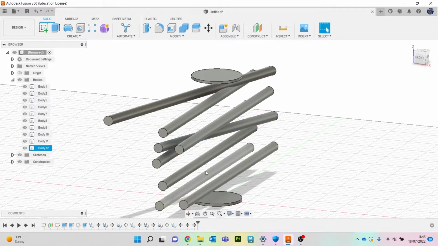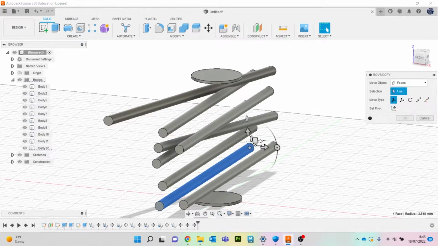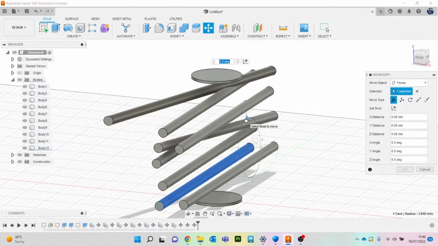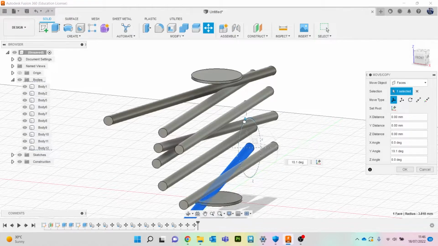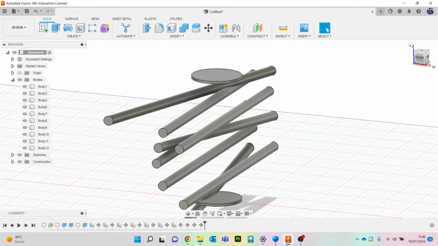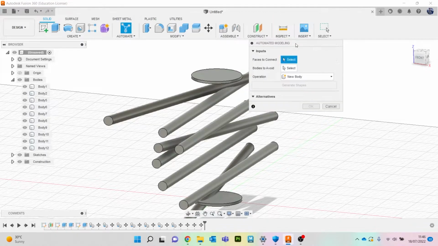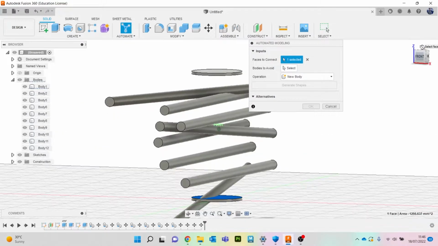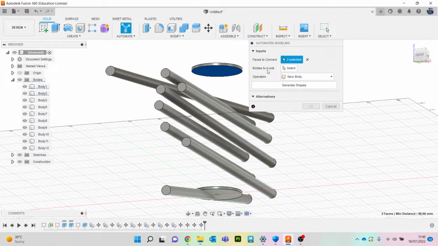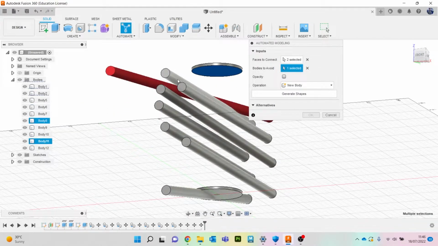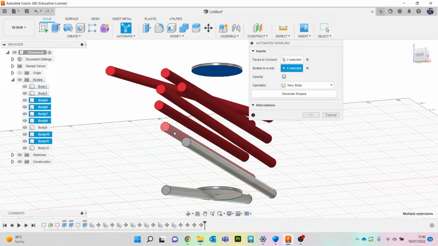Just so we've got an idea of random objects dotted around, like that. So we're going to do the same thing again. I'm going to go to automate, faces to connect. I'll do that one, and let's do this one. Now it says bodies to avoid, so I'm going to select all these random cylinders that are created,